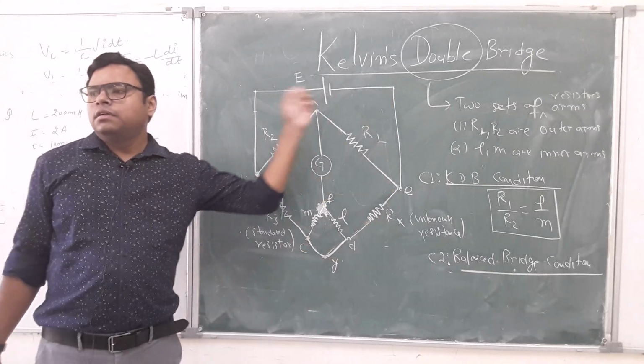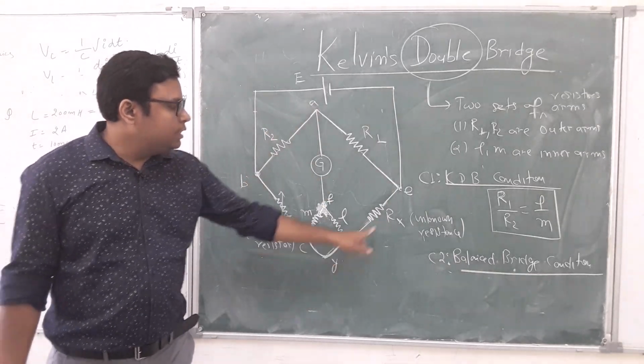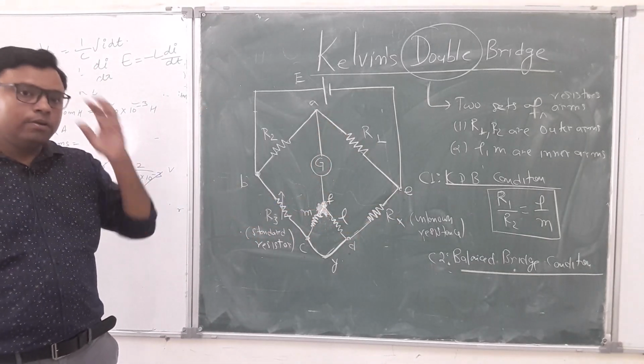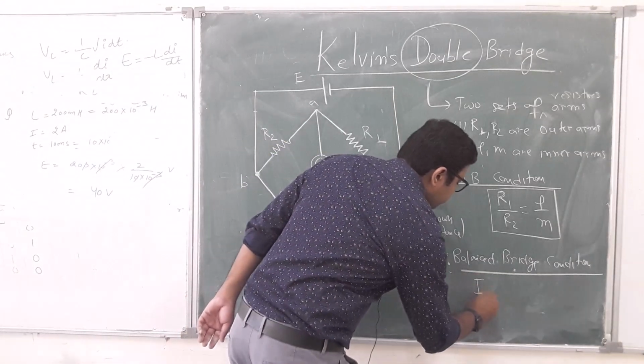First I name the complete loop A, B, C, D, E, and then this term as F. Under the balanced condition, Ig will be